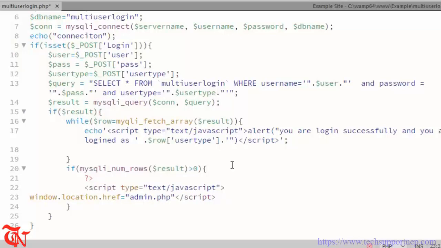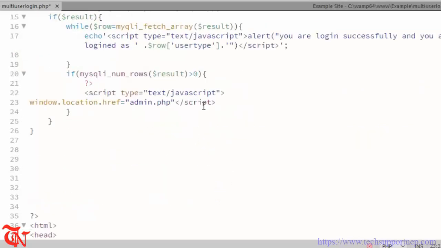I'm not creating this admin page, later we are going to create this one, and